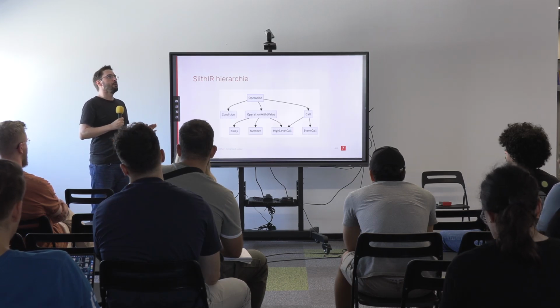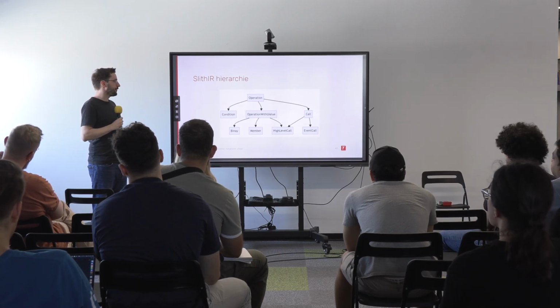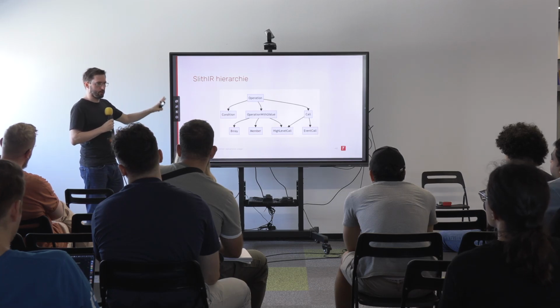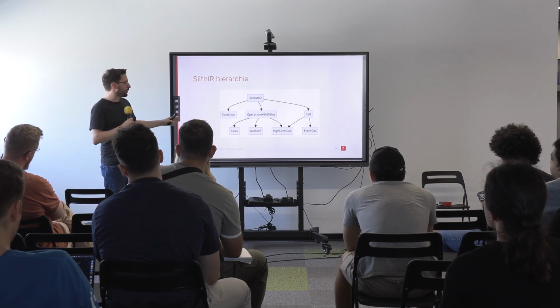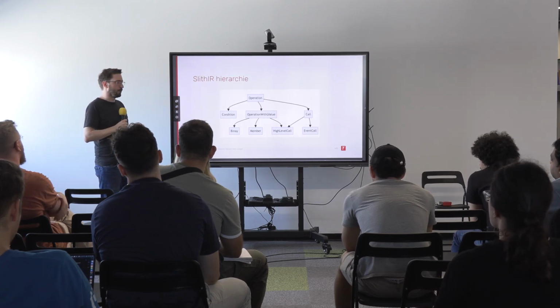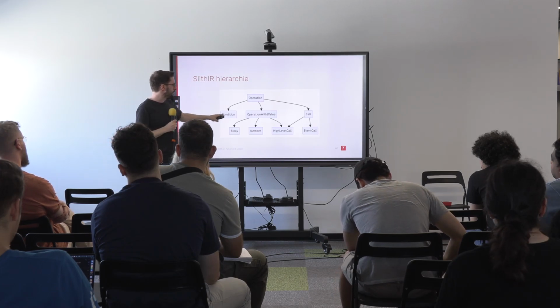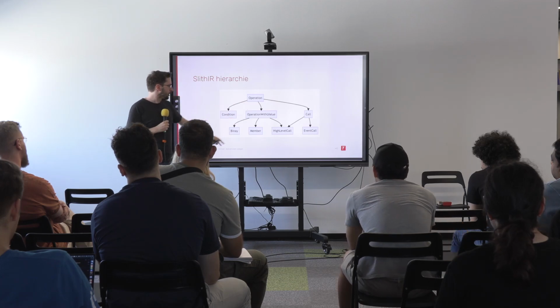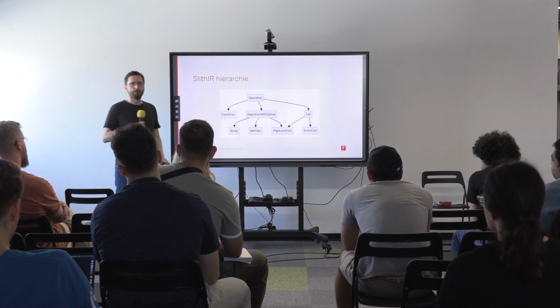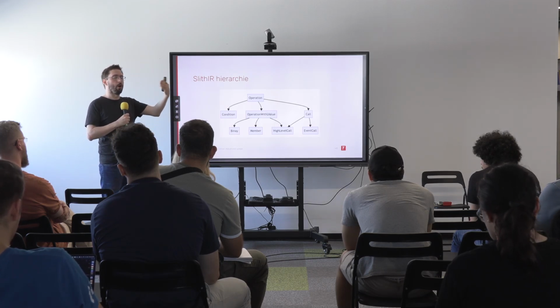On a high level, we have a hierarchy for operation and for intermediate representation. This is just a subset. It doesn't show everything. But just to give you an insight, operation is the top-level class we are using. Every operation is an operation. You can have condition, operation with left value, and call. Operation with left value is basically any operation that does an assignment. So any operation that is equal something, binary,